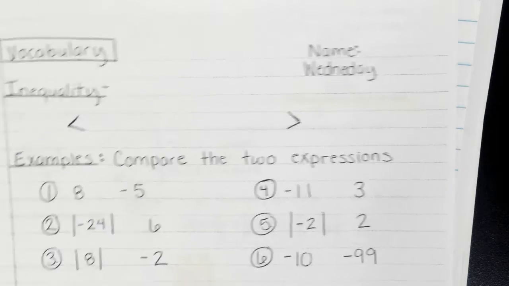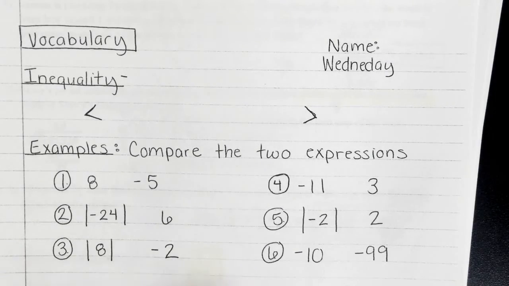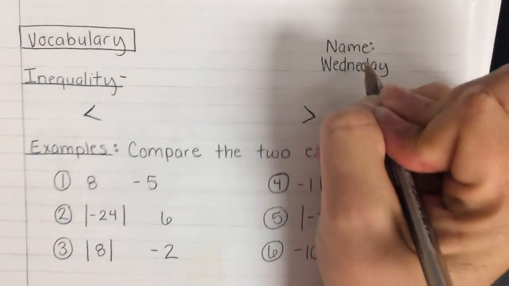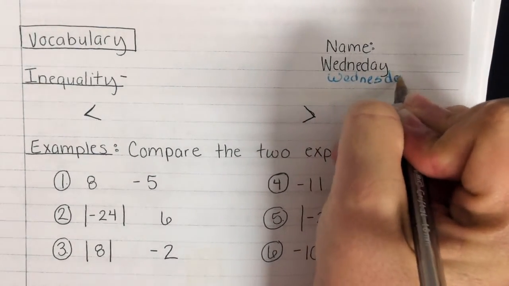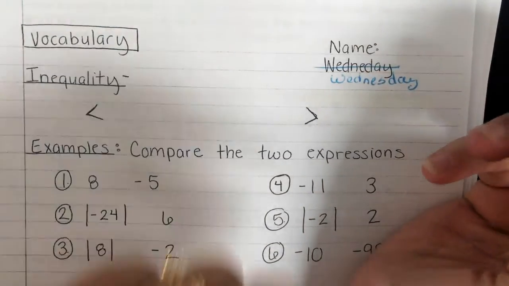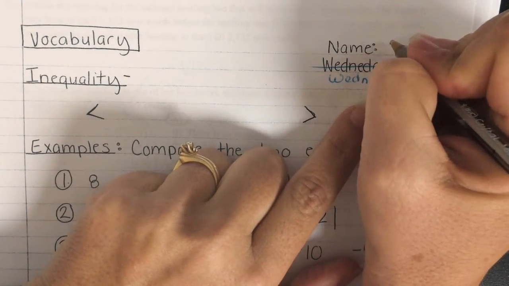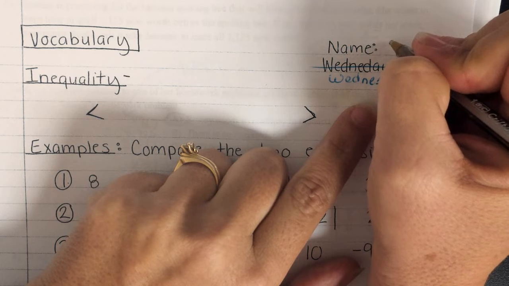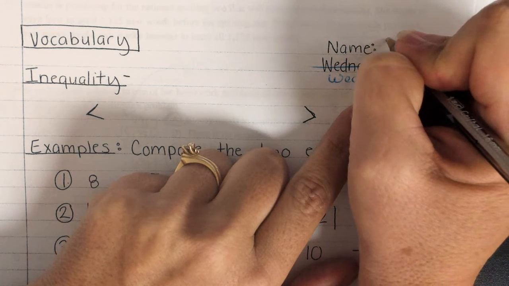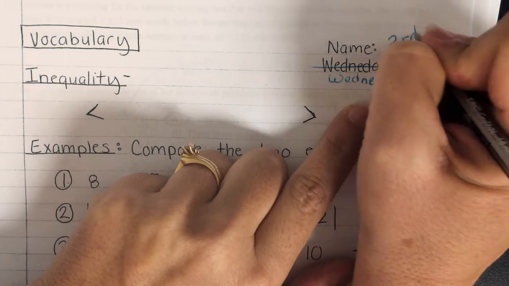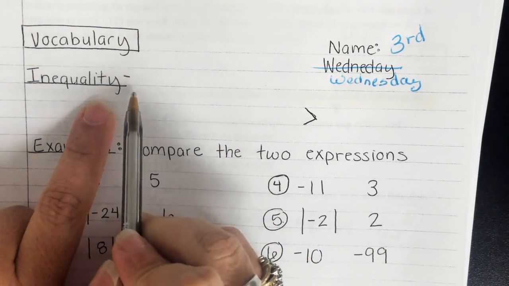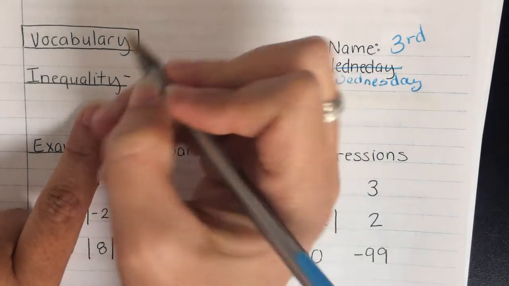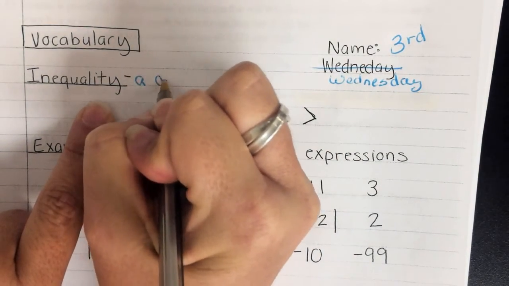Here we go. These are the notes starting out for inequalities. And poor Miss Sawyer didn't spell Wednesday right. Yeah. I'll throw that out there. I know. But we all make mistakes. Now, here we go. This is third period. Now, starting out with the word inequality. And an inequality is a comparison